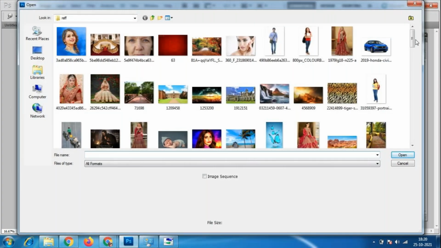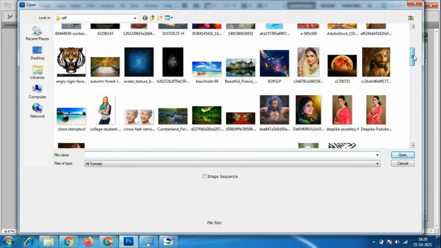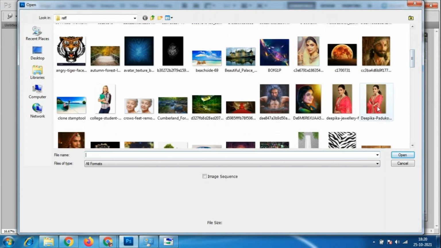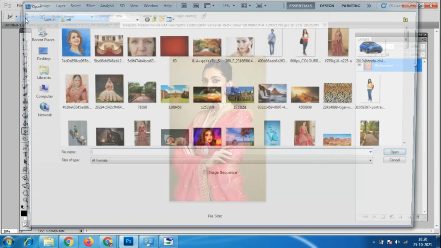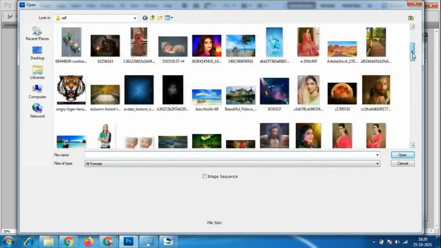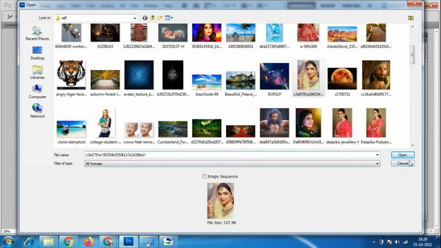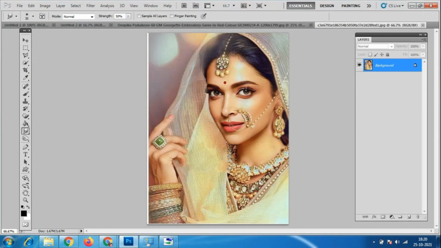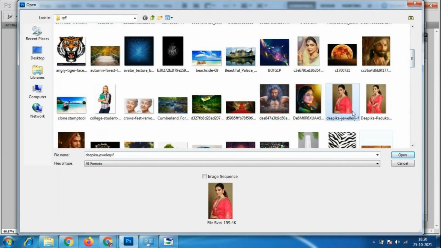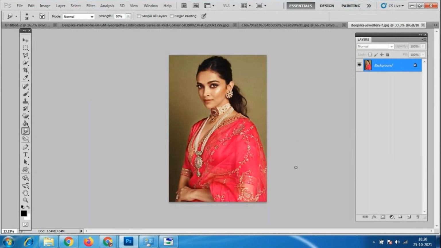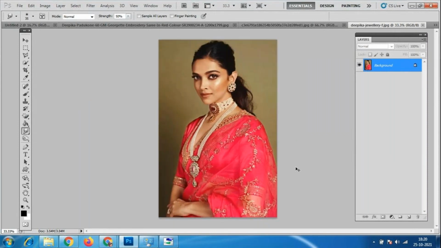some of this image. I'll take this one, Deepika Padukone's image. Otherwise I have this option. So one more file is here, so I want to check which is the good quality of the file. So those things only we can take. So I'll go to this option, and we can change the background of this file also.